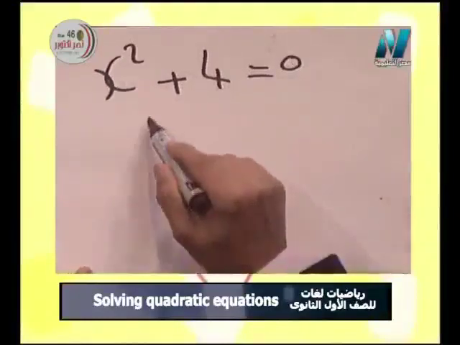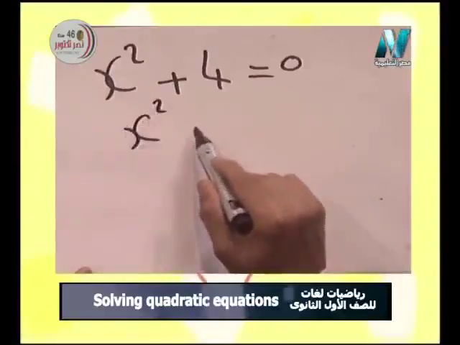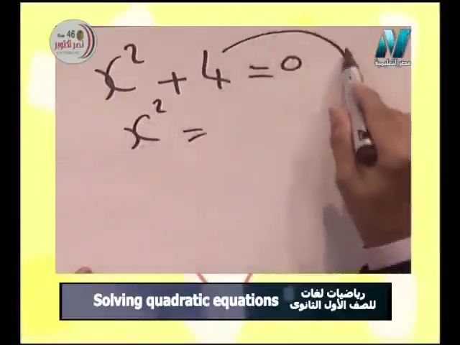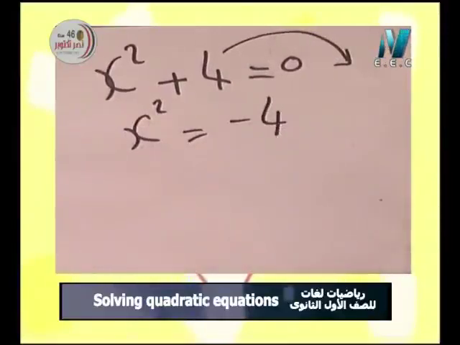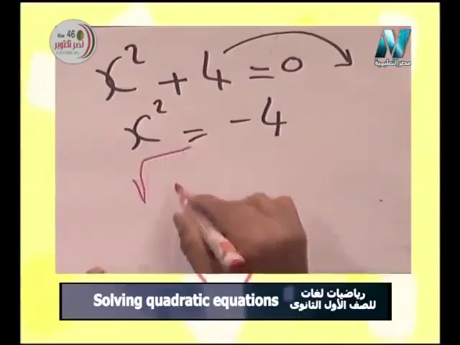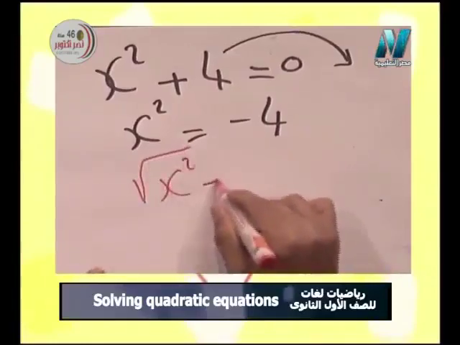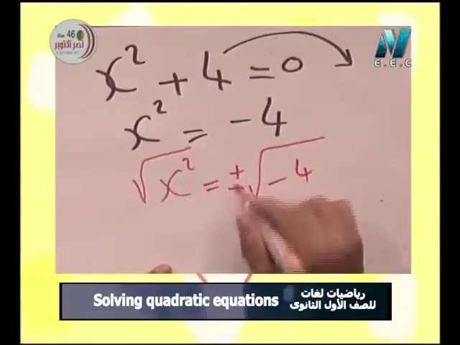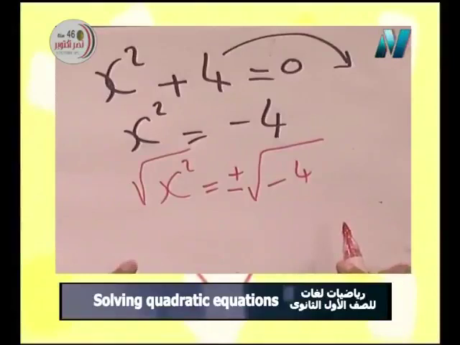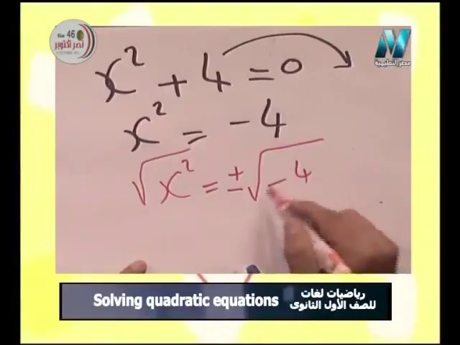Okay, we will put x power 2 here and transfer 4 to be negative 4, and we will try to find the square root of the two sides. Yes, excellent students, say positive or negative here, don't forget it. But we have a problem. Square root of negative 4